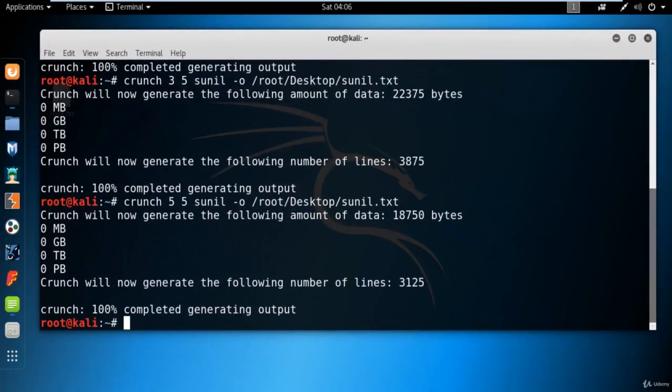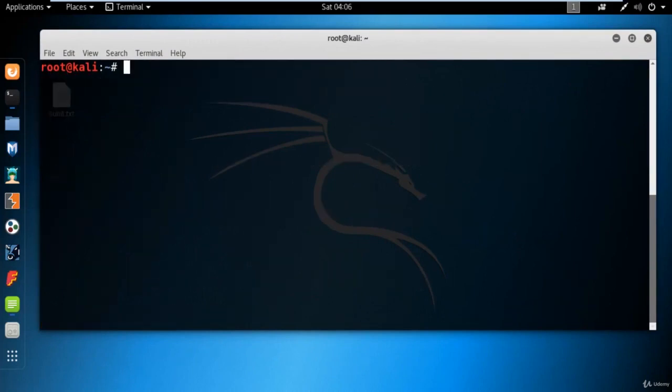Now let me show you one more thing. Let me clear everything. Now, for example, if you want to insert some kind of special characters inside it, how can you do that? Let me show you with my name. So for example, the password is